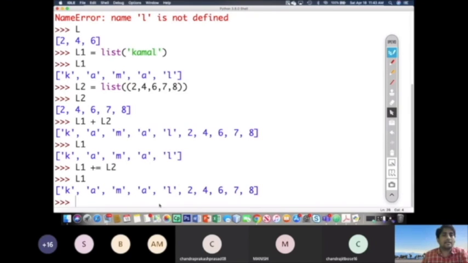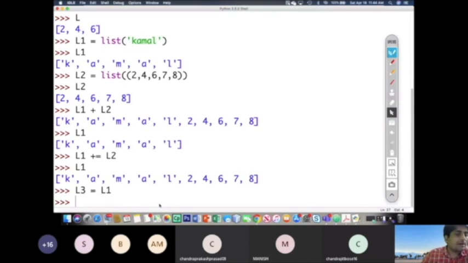Now let us come to the next thing. Suppose that if I am writing L3 is equal to L1, what will happen? Now I am going to create another list, a new list L3, using an existing list. ये भी हम कर सकते हैं, अभी देखा हमने इक्वल टू लगाकर हम एक प्री डिफाइंड लिस्ट को नई लिस्ट में इनिशियलाइज कर सकते हैं. तो नया लिस्ट बन जाएगा, L3 will have the same values as that of L1, है ना? L1 की तरह ही वैल्यू हो जाएगा.